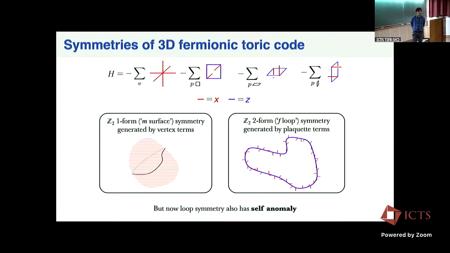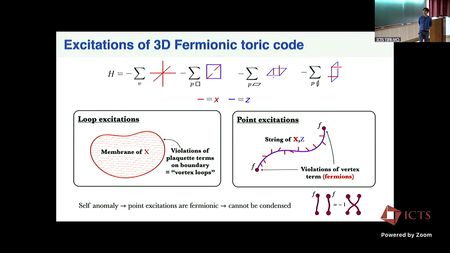Yeah, that's closely related to the fact that you cannot condense the excitations, because the most physical way to think about this anomaly is by thinking about braiding of the excitations. So previously we had some non-trivial braiding between the vortex loops created by the X membrane and the endpoints of a line. But now it turns out that if you look at the endpoints of a hairy line, these themselves have a non-trivial braiding. In particular, if you exchange two of them, they pick up a -1.